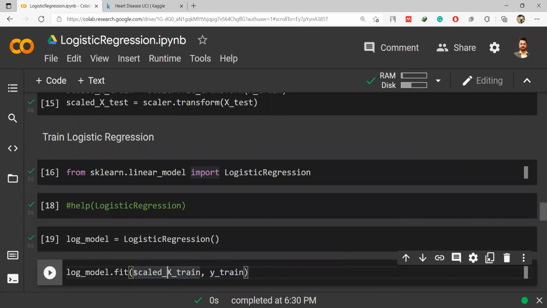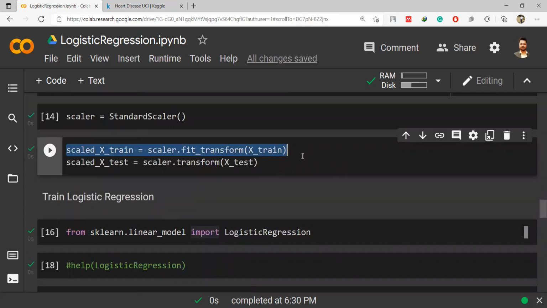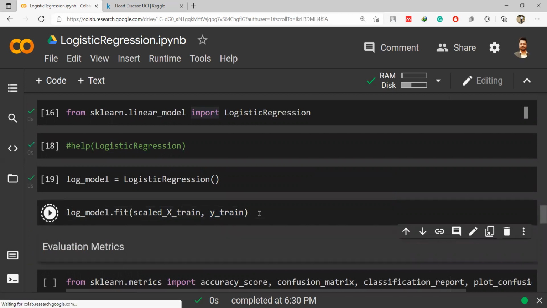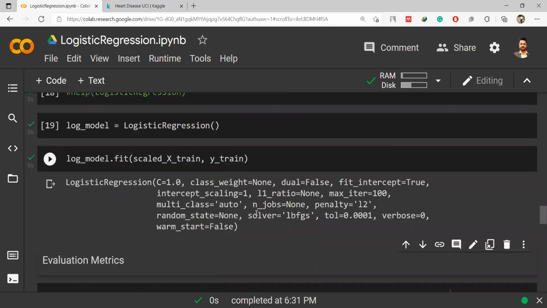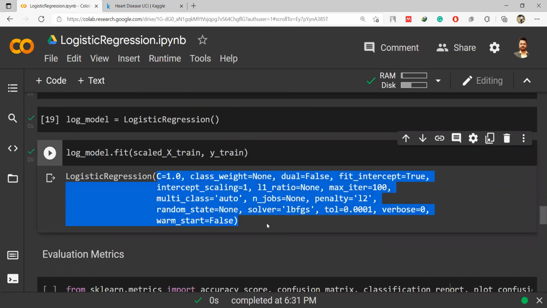Obviously, I told you that we will be using the scaled data set. So this scaled train, which we had normalized here, we will be using to train the model. Obviously Y train is not being changed. It has not been normalized because Y train already had the values of 0 and 1. Once the model is fit, our model is ready to do the prediction now, and it has a few variables inside it. You can go and look into the details of it. Penalty equal to L2 means that L2 regularization is being used by default on the backend.